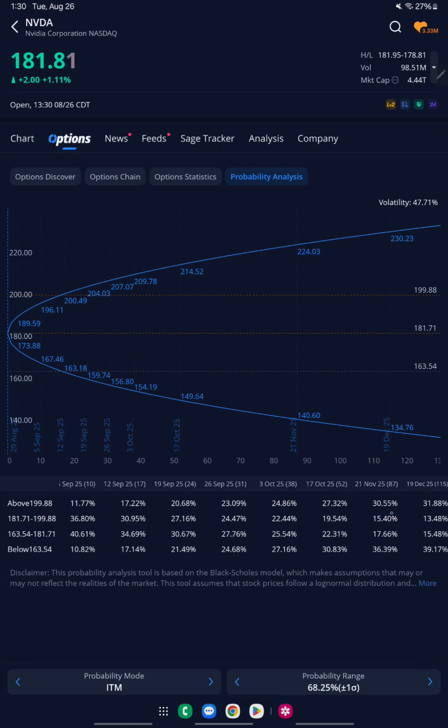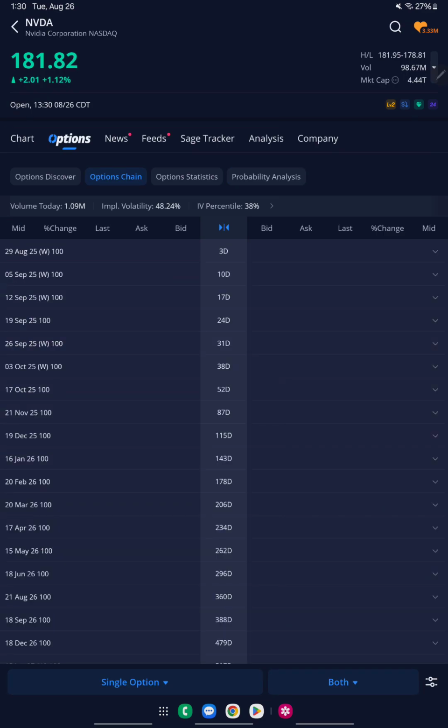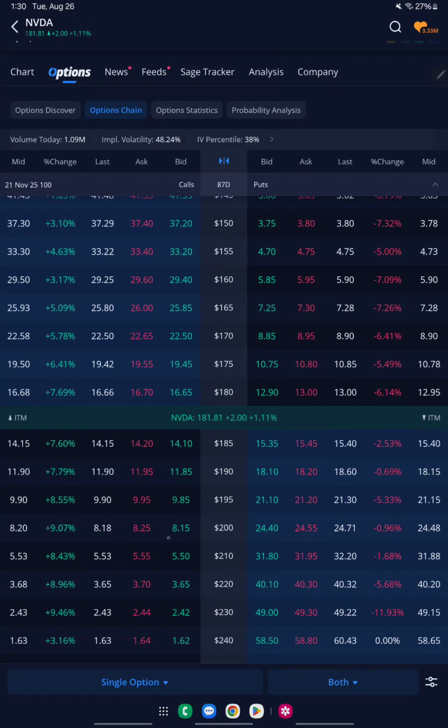It's not that much, but there is a huge price difference because the time difference between these two expirations is a whole month. So for me, if I come in, I'd rather spend less money. So let's go ahead and actually go to the option chain to illustrate that. We want to look at the 200 strike price expiring November 21st versus the 200 strike price expiring December the 19th to look at the price difference, because in terms of probability those two expirations are the same. So this one, the 200, is worth $8, let's say even the bid,